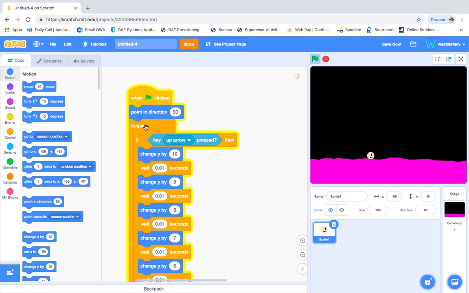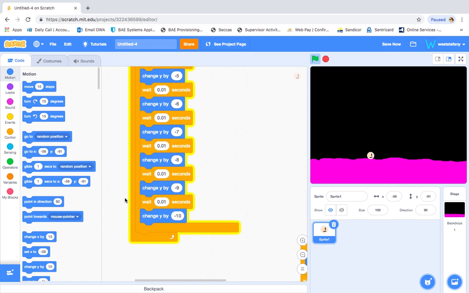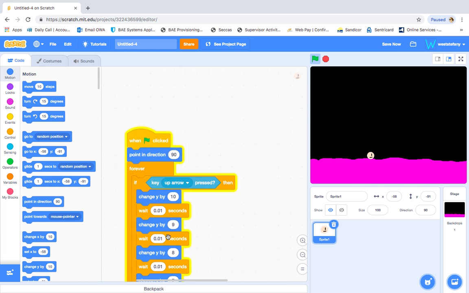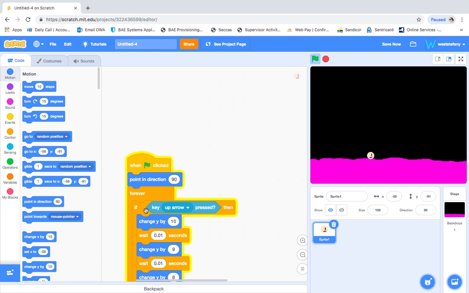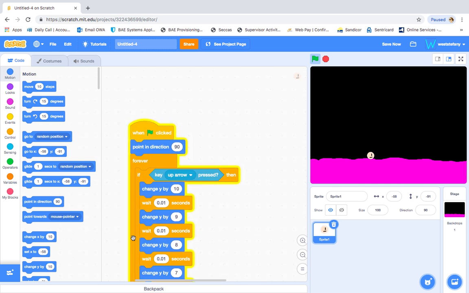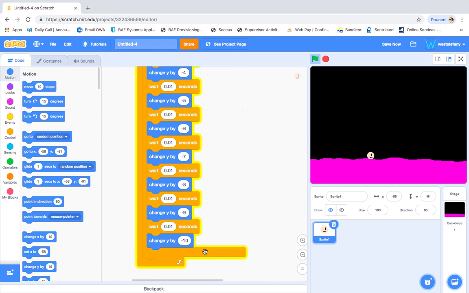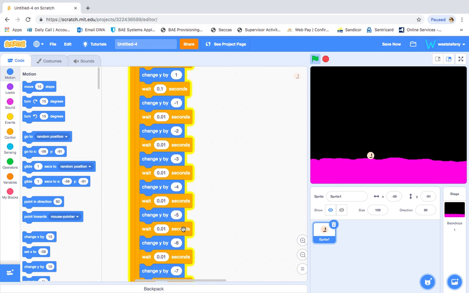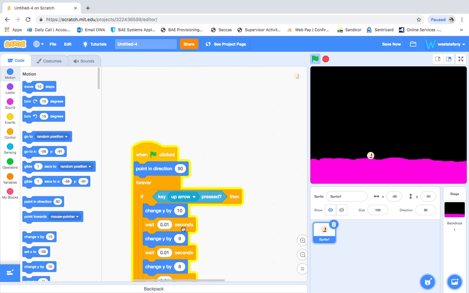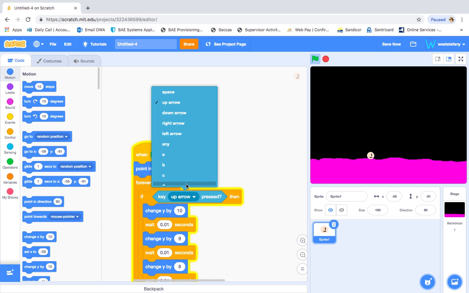Then after point in direction 90, you're going to do a forever loop that goes all the way down to here. And that forever loop is surrounding the if loop that will go all the way down here. There's seriously so much code that my computer is lagging. Anyway, so you're going to put if key up arrow pressed, then,